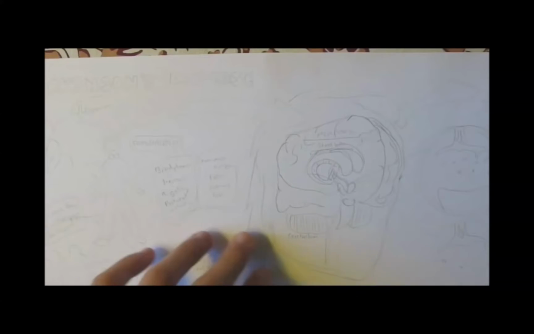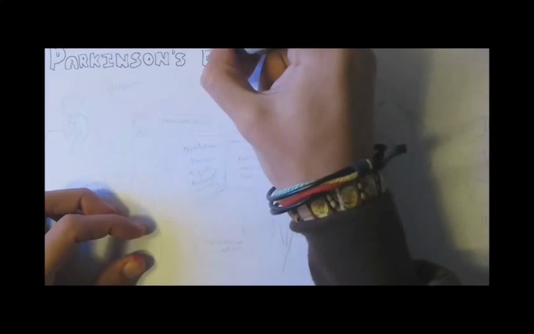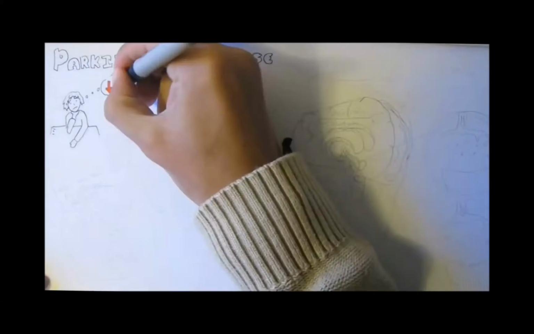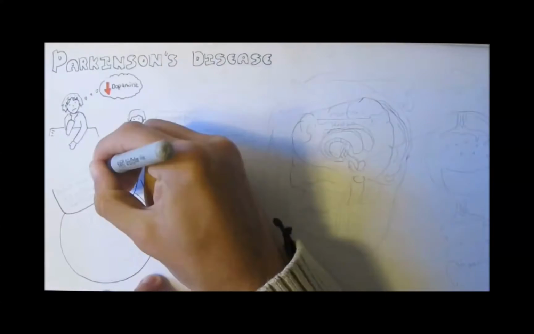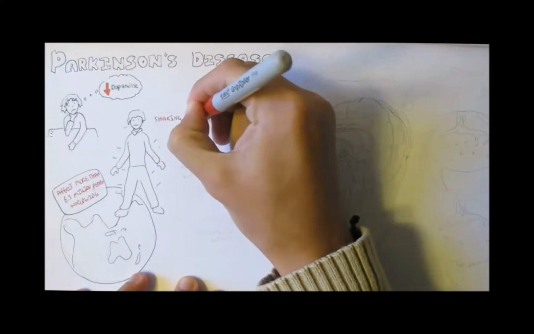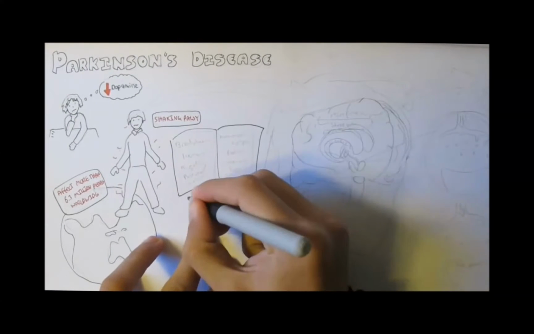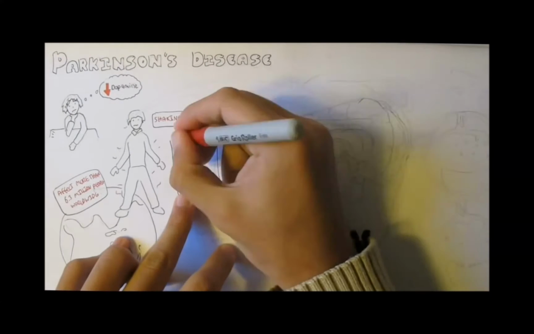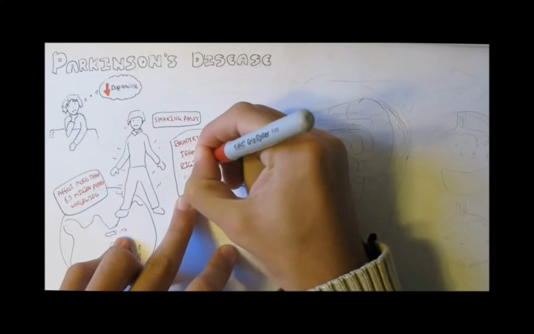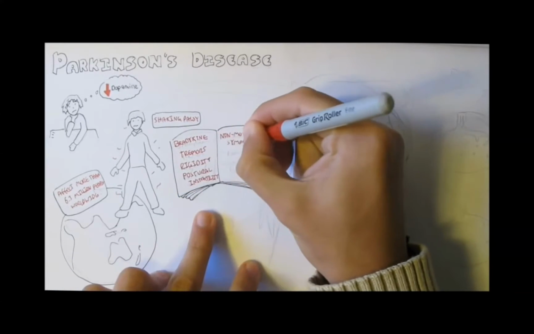The topic is on Parkinson's disease. And when you think Parkinson's, you should think low dopamine because they are related. Now, Parkinson's is a chronic progressive neurodegenerative disorder affecting more than 6.3 million people worldwide. It is sometimes referred to as shaky palsy because of the symptoms associated with it. Now, the main symptoms of Parkinson's are bradykinesia, tremors, rigidity, postural instability, and the non-motor symptoms include fatigue and memory